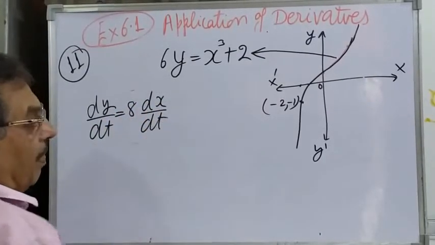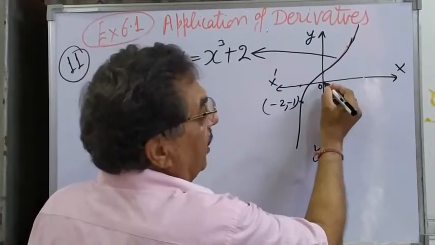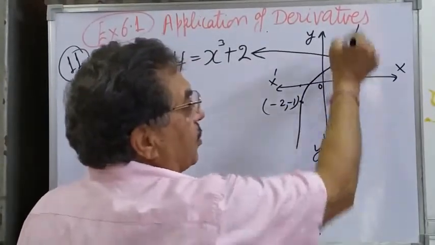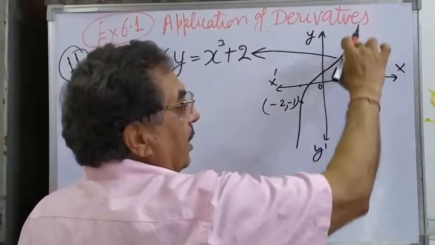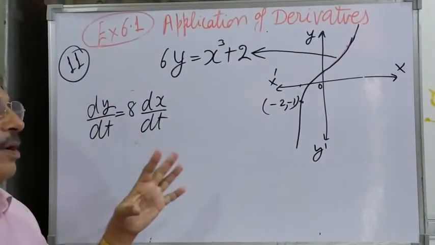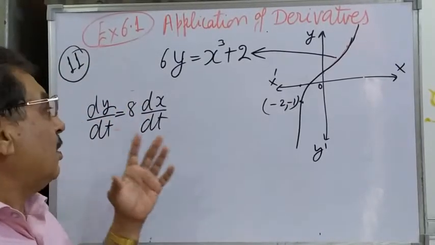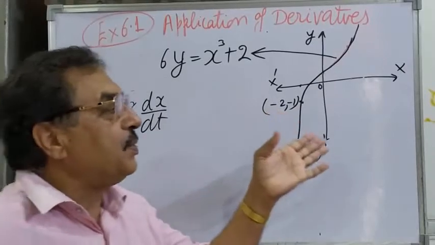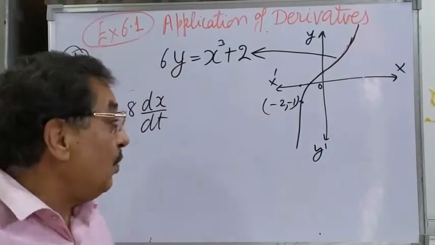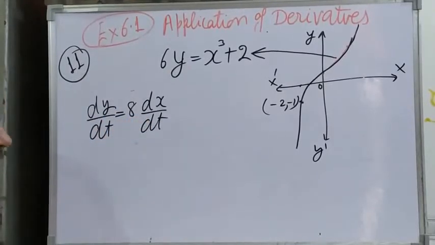It has been given. Our graph is a cubic graph, and we observe in the cubic graph that when x slightly increases, y increases too much. Here it goes like this way. So that is why the rate of change is given for cubic graphs. Generally, when cubic functions are there, y changes very fast as compared to the change of the x coordinate. So that is why it's being given dy by dt is 8 times dx by dt.